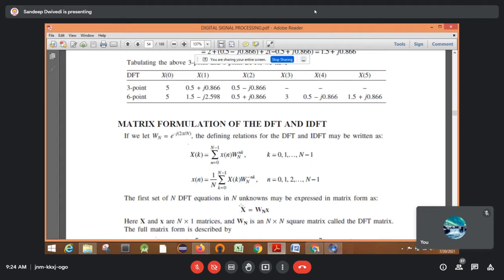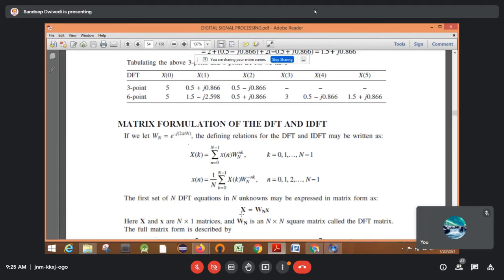So in matrix form, this can be written as, capital X, the DFT of the signal, you can write this as X of k also. This is the DFT of the sequence. Then W_N, this is the twiddle factor matrix, and then small x is the input sequence. Both sequences will be given, meaning small x will be given as the input sequence, and they will ask you to find out the capital X, that means the DFT of the sequence you need to find out.